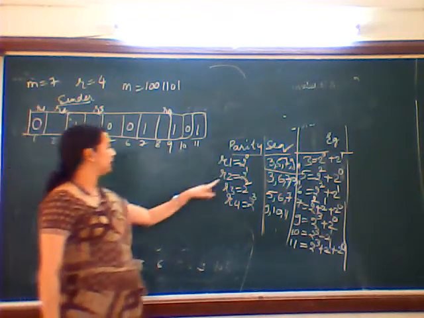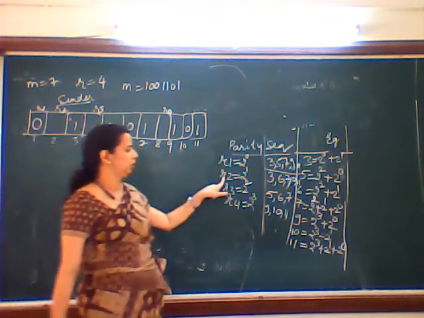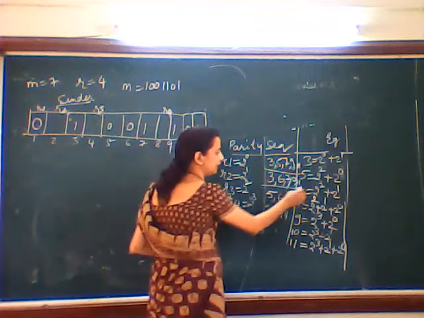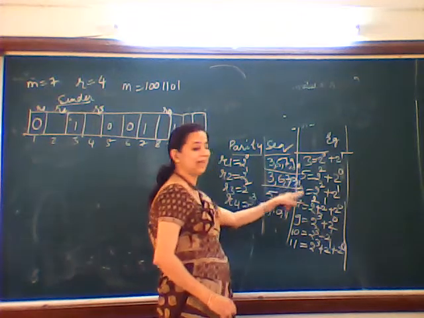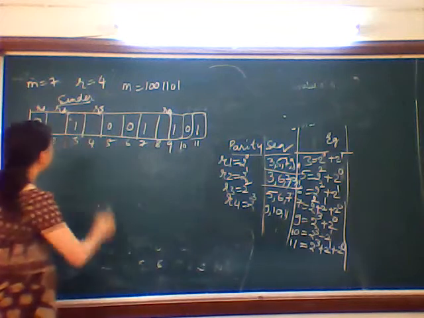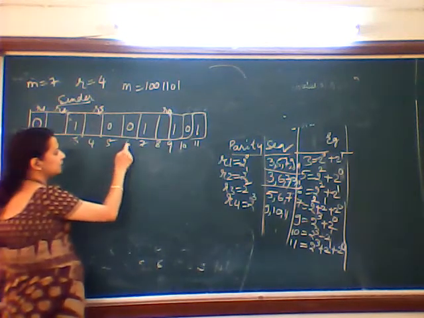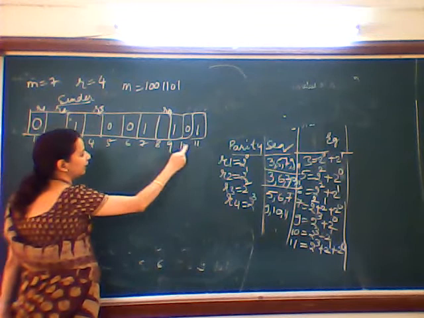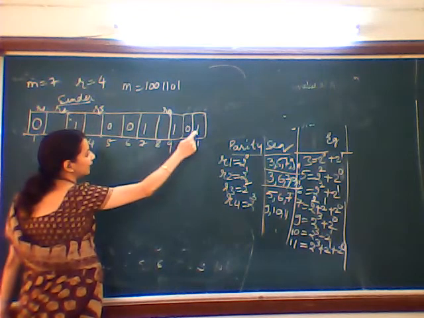Okay? Now see R2. R2 is responsible for which sequence? 3, 6, 7, 10, 11. Okay? So 3, 6, 7, 10, 11. How many ones are there? 1,